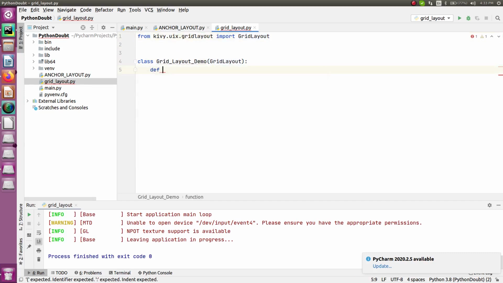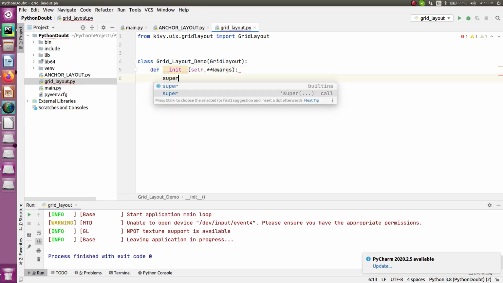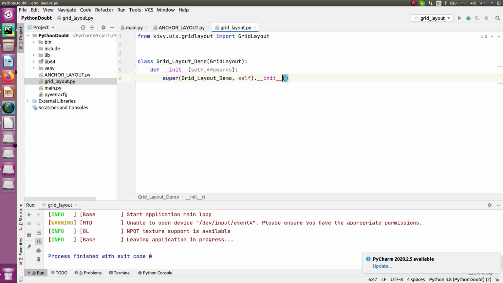Similarly, you have to create one init method, right? Just create that part, and along with this, just add a variable so that you can add multiple values with respect to the argument. This is why I'm doing this, and also inside this just call the super class, and remove this first.